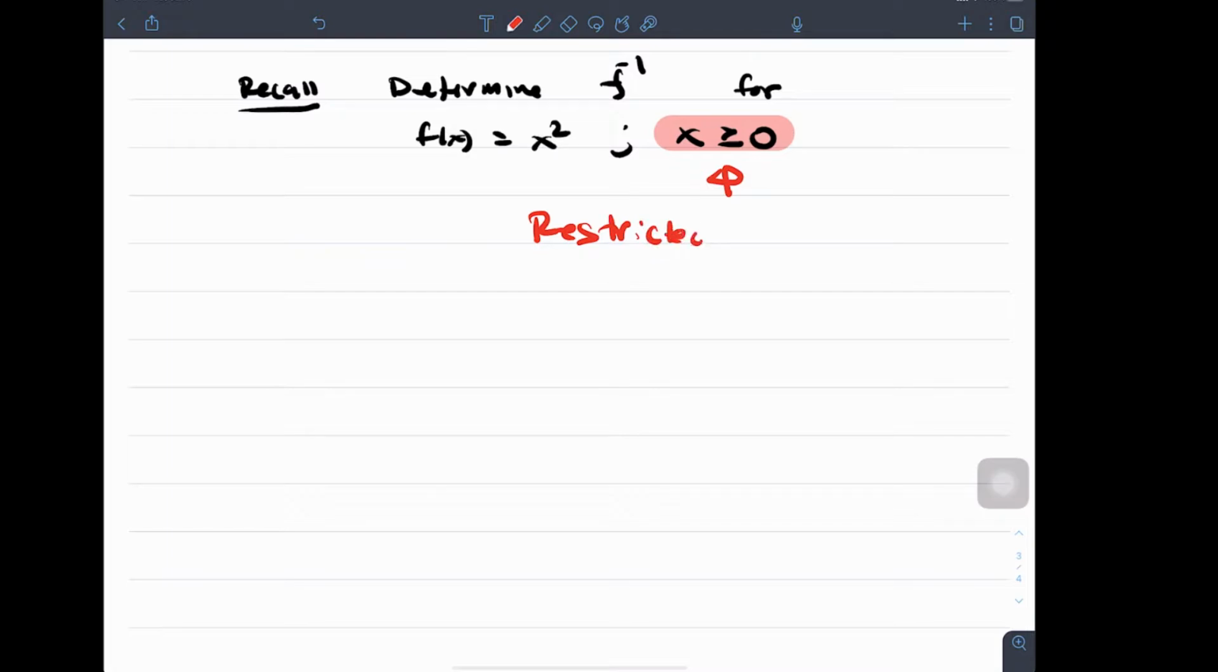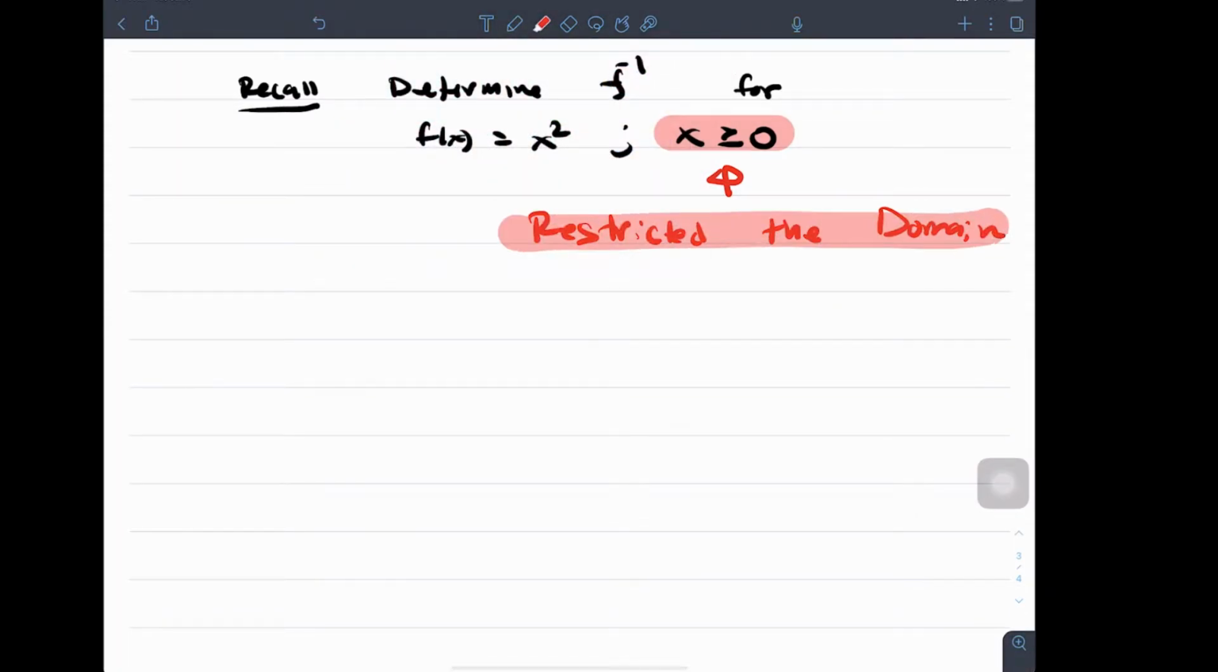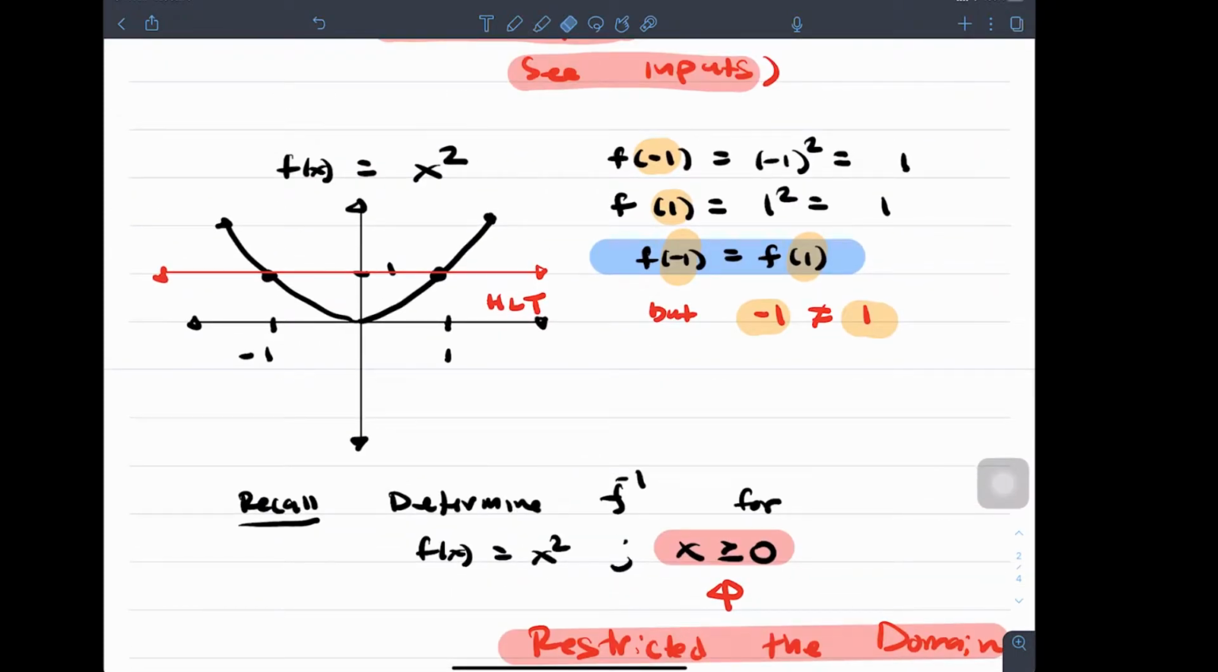They restricted the domain. Okay? They restricted your what? Domain. And that is what we're going to have to do here too. That's what I'm getting at. Now you might go, well, what do you mean they restricted the domain? Well, they defined this